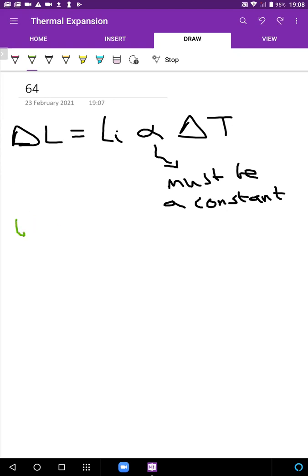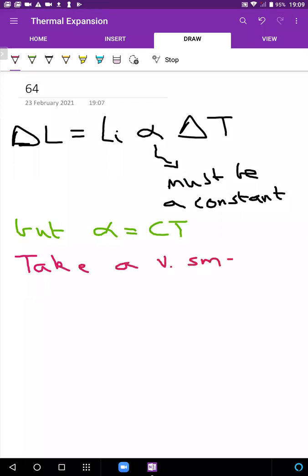Alpha is not a constant in our question. Alpha is a variable. It's going to vary with temperature. As temperature changes, alpha is going to change. So yes, the idea is integration. What we'll actually do is we will take such a small temperature interval, all right, so that...